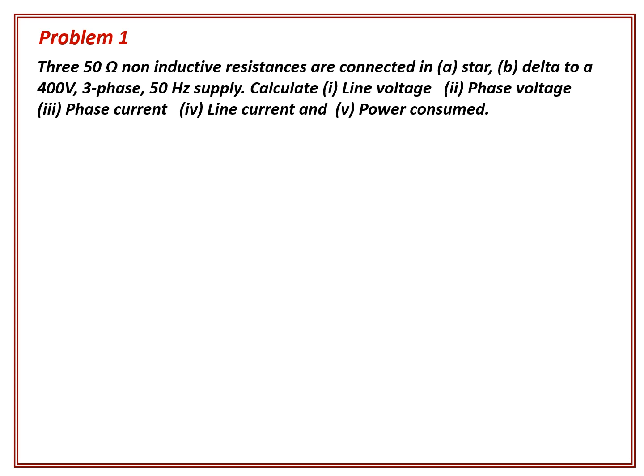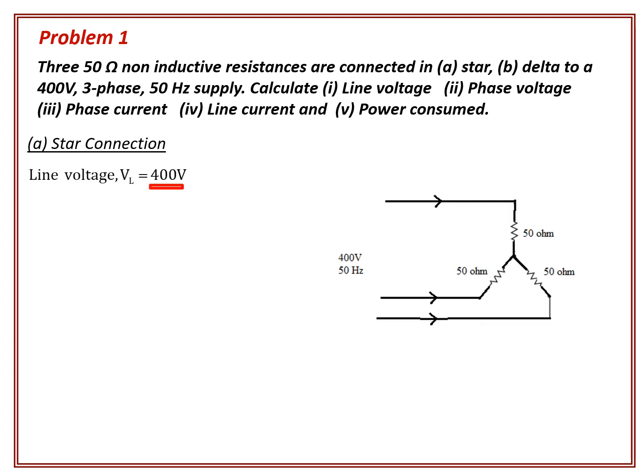Here we have to consider star or delta connection at the load side. So 400 volt 50 Hz is the input to three load resistors connected in star or delta. First we will solve the problem for star connection. In the question it's mentioned that the supply voltage is 400 volt. It is not specified in the question as phase voltage or line voltage. If nothing is specified, we have to consider the given voltage as line voltage. Therefore, the magnitude of line voltage VL is equal to 400 volt. This is the answer to the first part of the question.